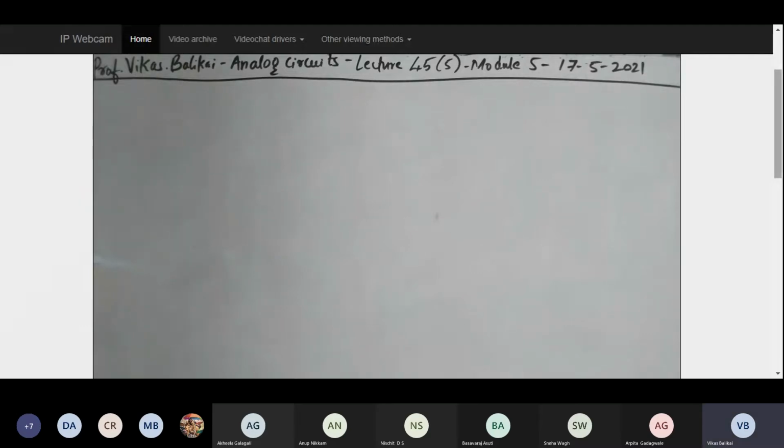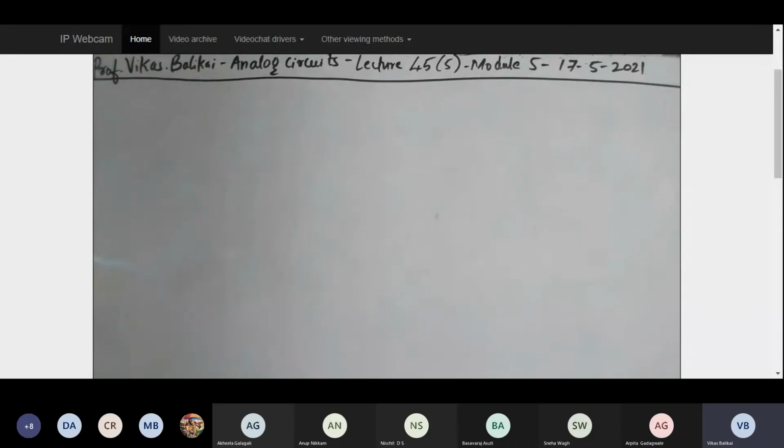In today's class, we are going to discuss the plotting of the gain versus frequency curve. How do we plot that? Once we are done with that, we are going to continue with the second order low pass filter. And if time permits, we will look into one numerical with respect to the second order low pass filter as well. Okay, now to begin with, I'm going to consider the same example that I took in the